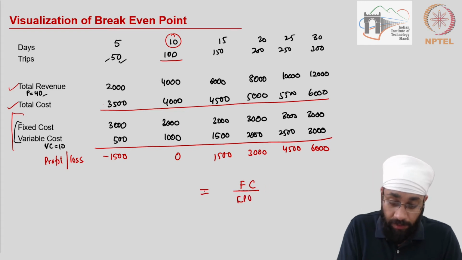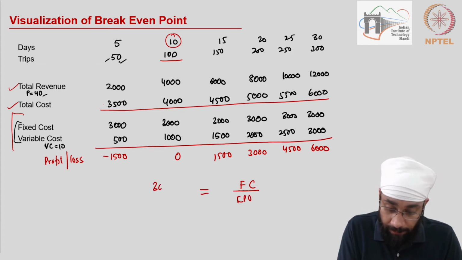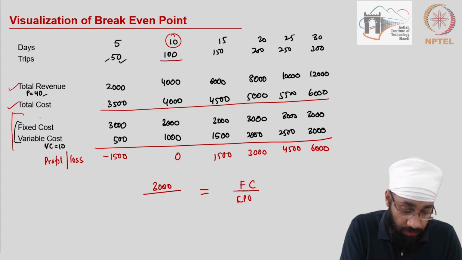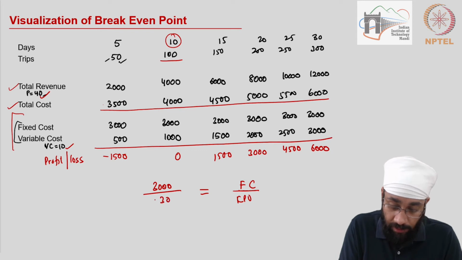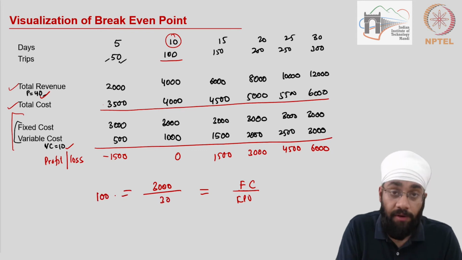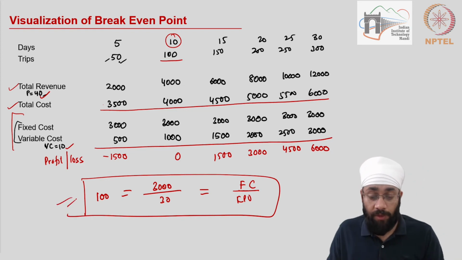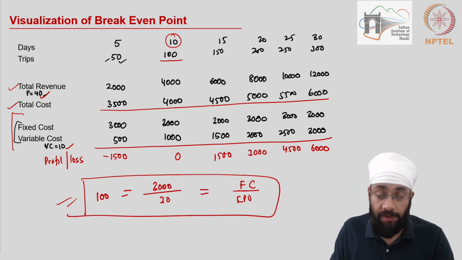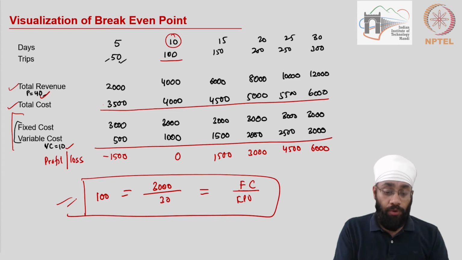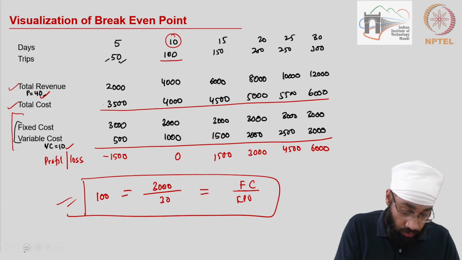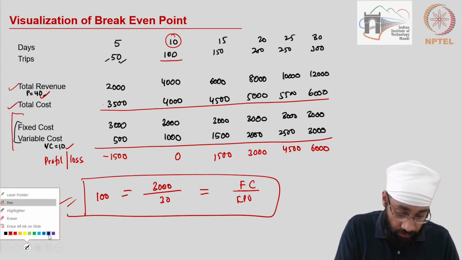So, fixed cost is 3000 and contribution per unit will be P minus VC. So 40 minus this, so 30. This gives you 100 trips. So, mathematically sorted as well. You don't have to worry about the accuracy of this. It has been confirmed. Now, what I'm going to do is use these numbers to project